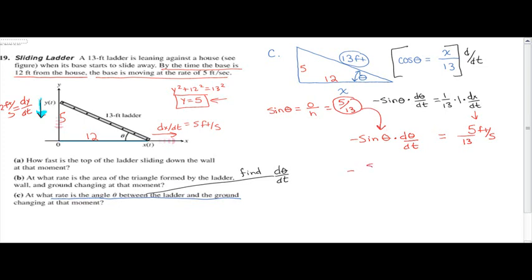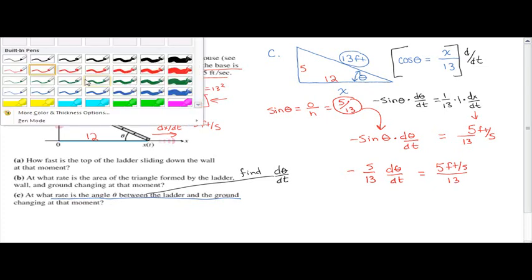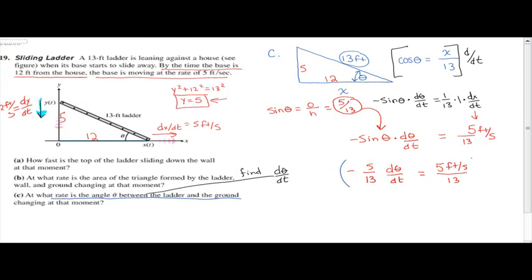So now I have negative 5/13 d theta dt equals 5 feet per second over 13. I will invert and multiply. So I'm multiplying everything by negative 13 over 5. So all of these cancel. And I have d theta dt equals negative 13 over 5